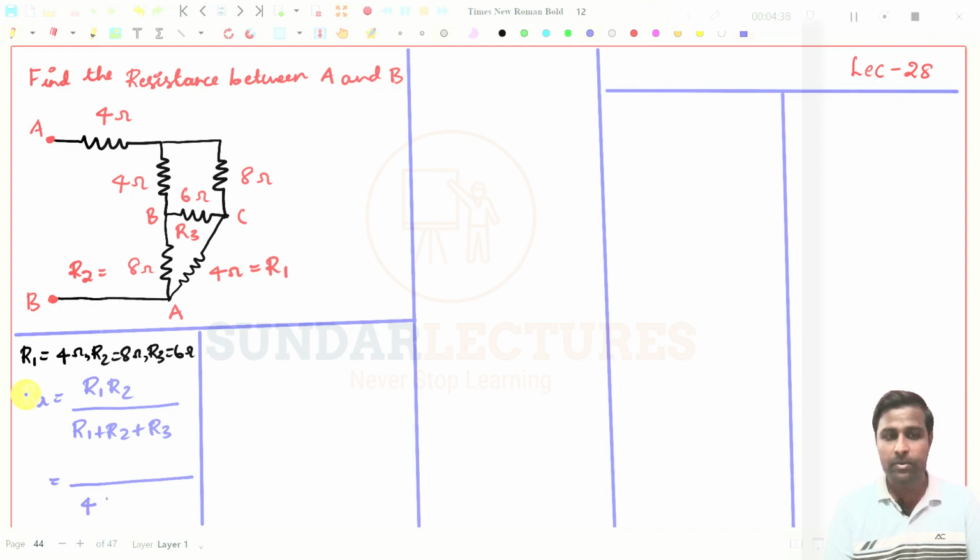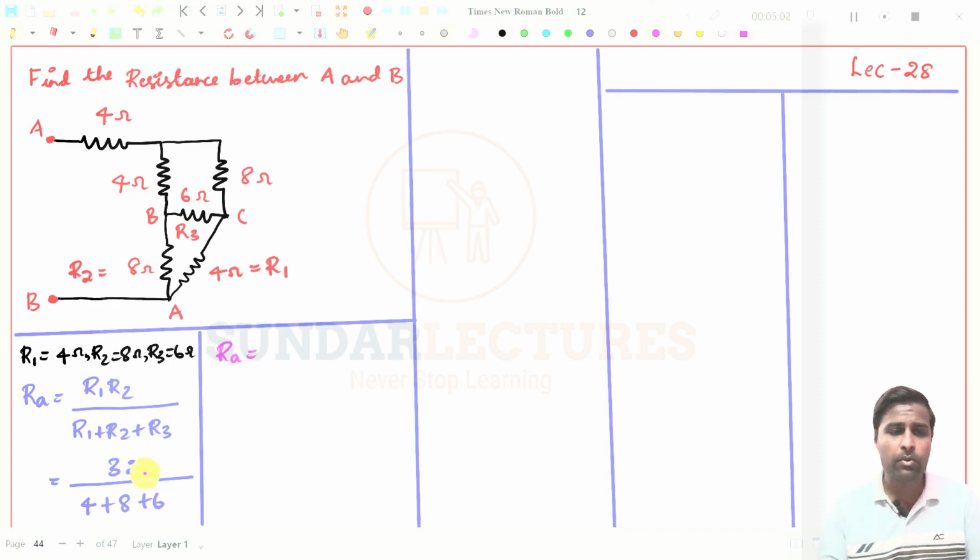So it will be 4 plus 8 plus 6. Then in the numerator it will be R1 into R2, 4 into 8. You will get 32. So finally RA will be equal to